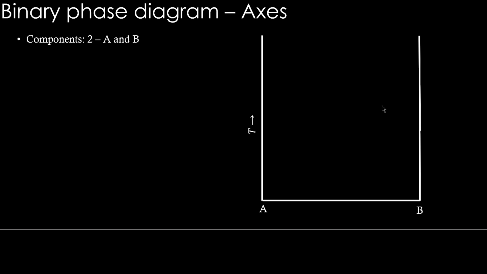So in a binary phase diagram, what are the axes? Temperature and composition. Composition can be indicated as percentage of B going from left to right, or percentage of A going from right to left. And when we put pure A here and B here, it means that here the content of B is 0 and here the content of B is 100. Okay, so we are going all the way from 0 to 100.